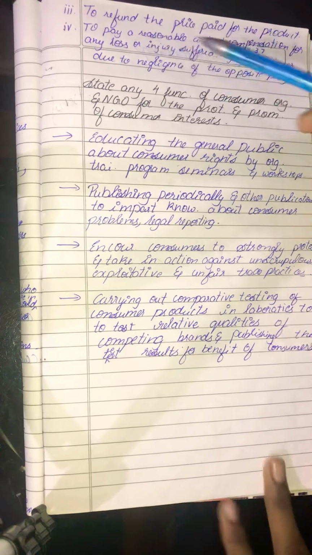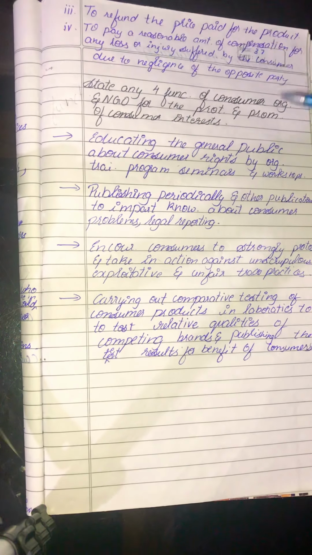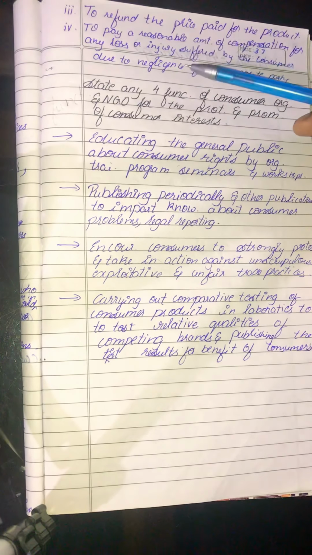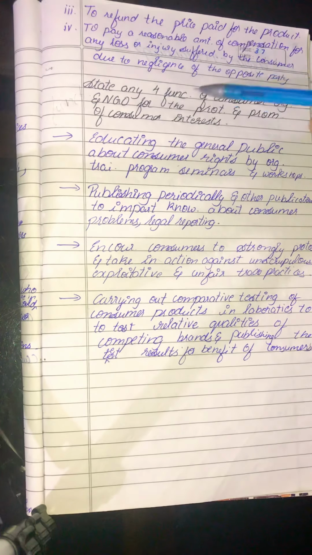Next one, state any 4 functions of the consumer organization and NGO for the protection and promotion of consumer interests. So next one is you're supposed to state any 4 functions of the consumer organization. Which are the 4 functions of the consumer organization and NGO for the protection and promotion of the consumer interest? The first one is